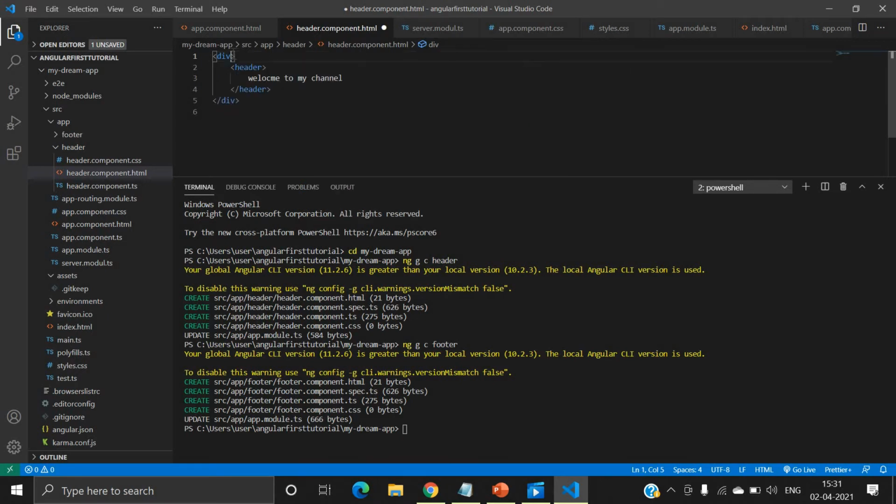And I also want to apply some css properties, so I will create a css class for styling purpose.